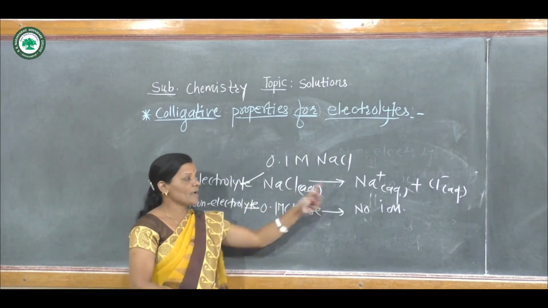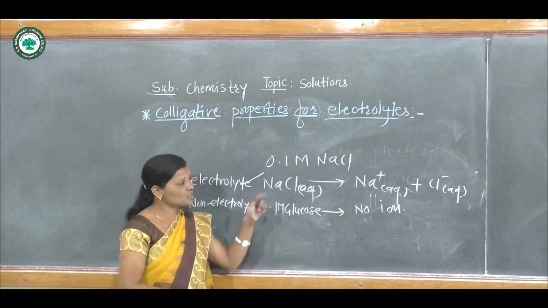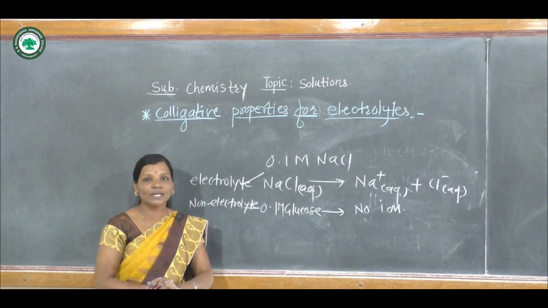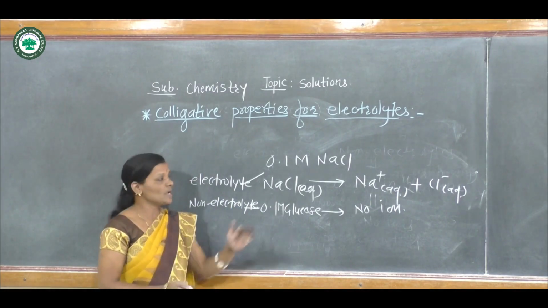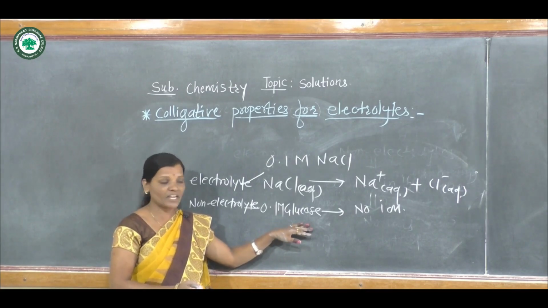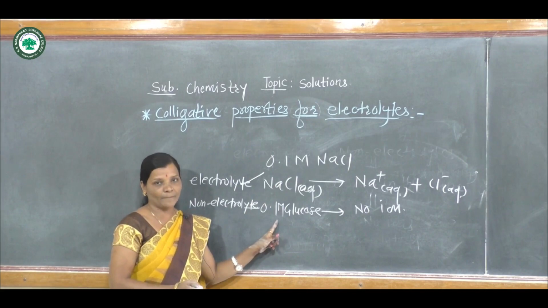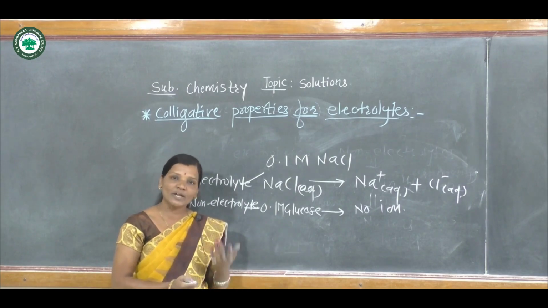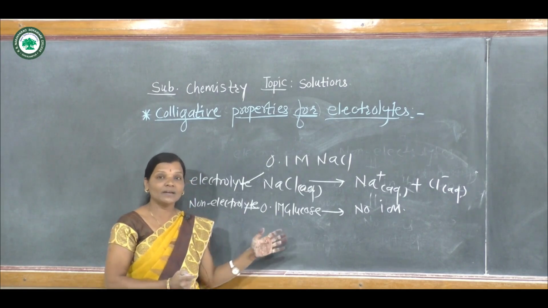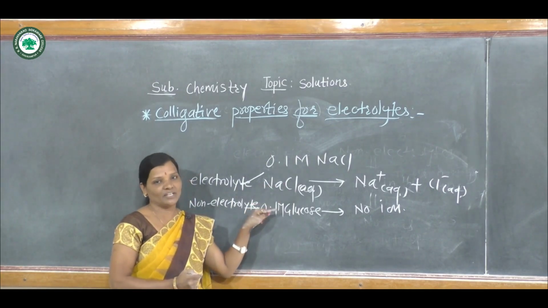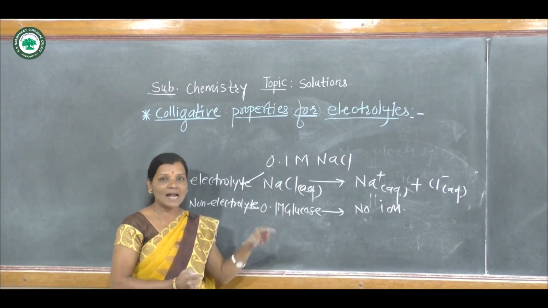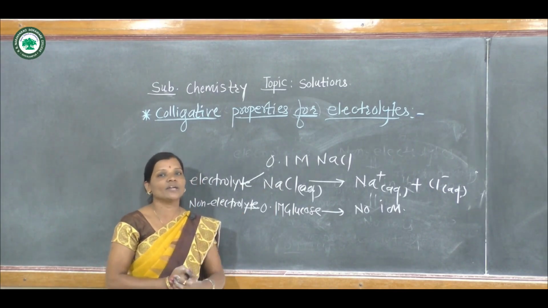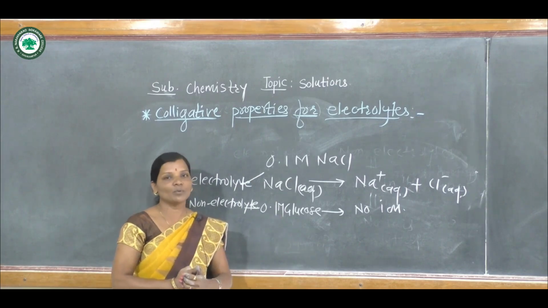That means a number of ions are produced in the case of an electrolyte, so electrolytes exhibit colligative properties, but the values are higher than for a non-electrolyte solution, although their concentrations are the same. NaCl is 0.1 molar and glucose is 0.1 molar, with the same concentrations, but NaCl is an electrolyte and glucose is a non-electrolyte, hence the colligative properties observed for 0.1 molar NaCl are higher than for the 0.1 molar glucose solution.